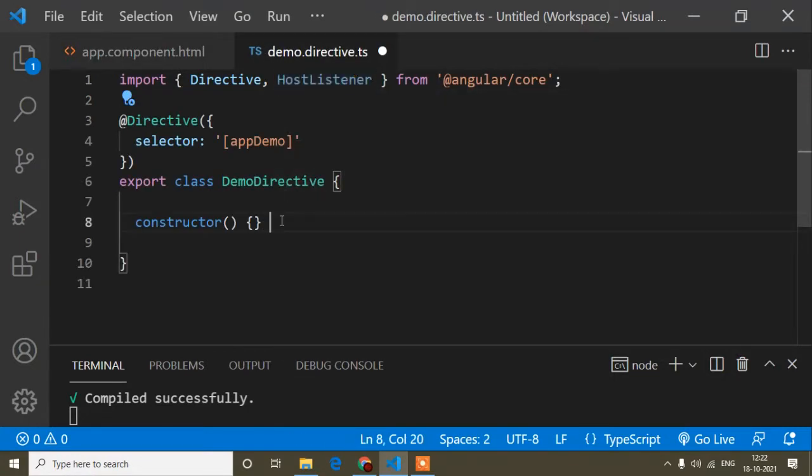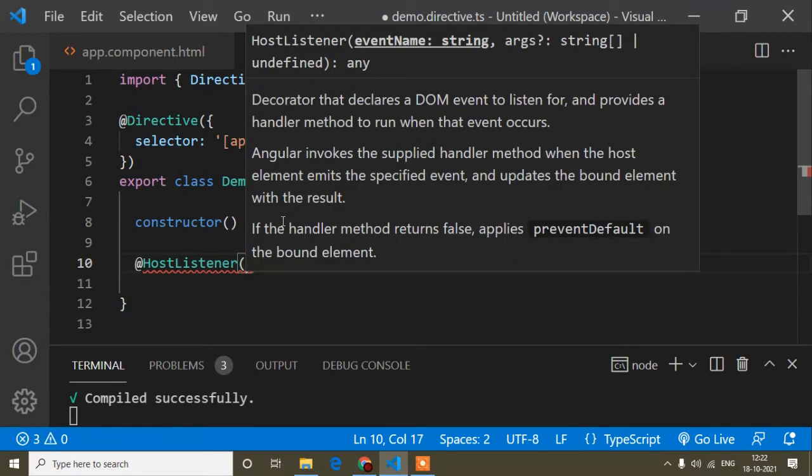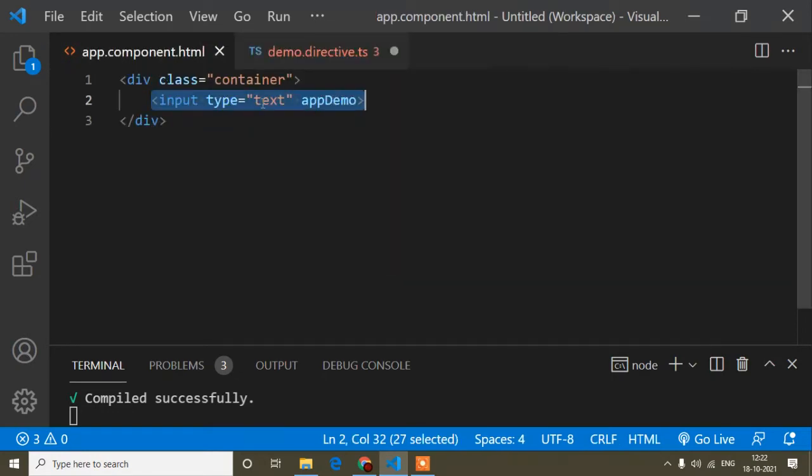Now the syntax for how to use HostListener: @HostListener and this one. When I press any value inside this input field, first of all you have to understand which event will be called. When I press any key on my keyboard, that means when I key down on my keyboard, that is called the keydown event. You can write the keypress event also, but I suggest the keydown event. I mean at the time of pressing the key down, that's when I want to fire this event. If you want keypress, that will be okay, but I suggest using the keydown event.